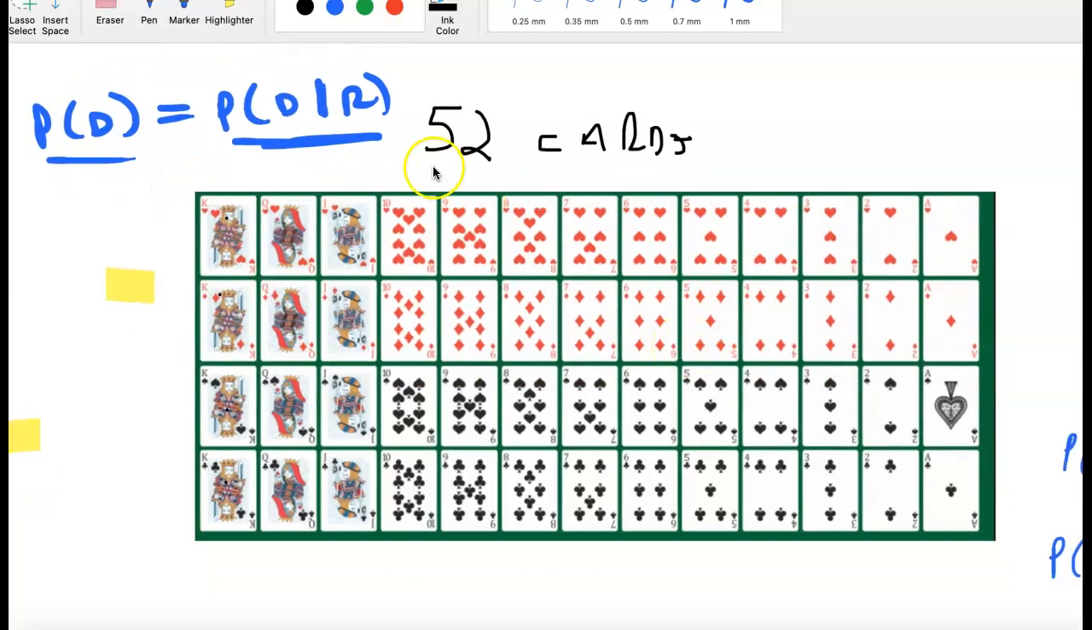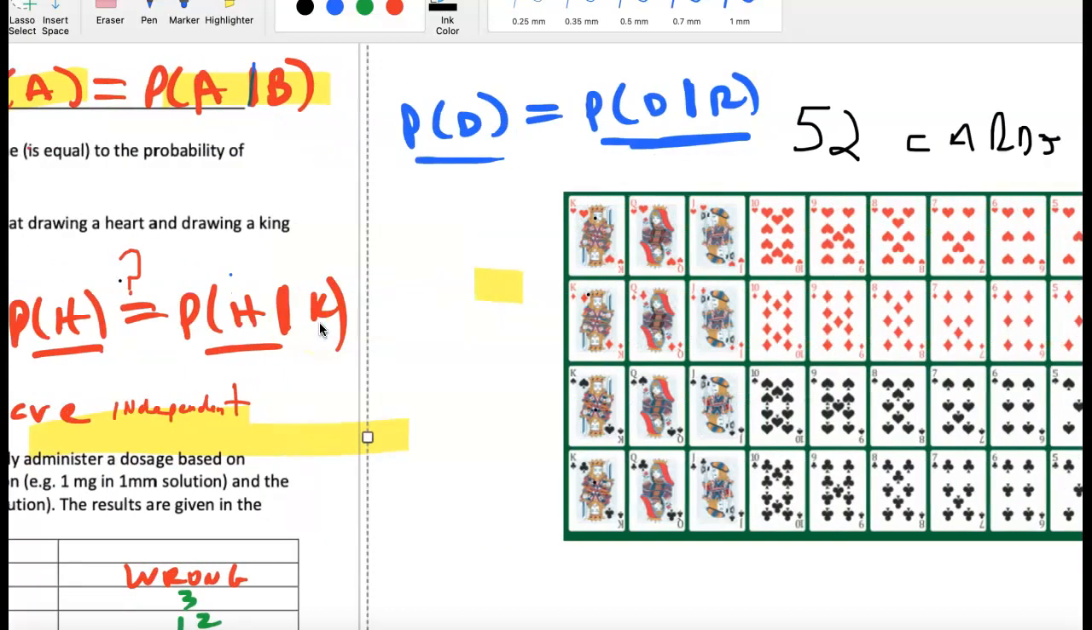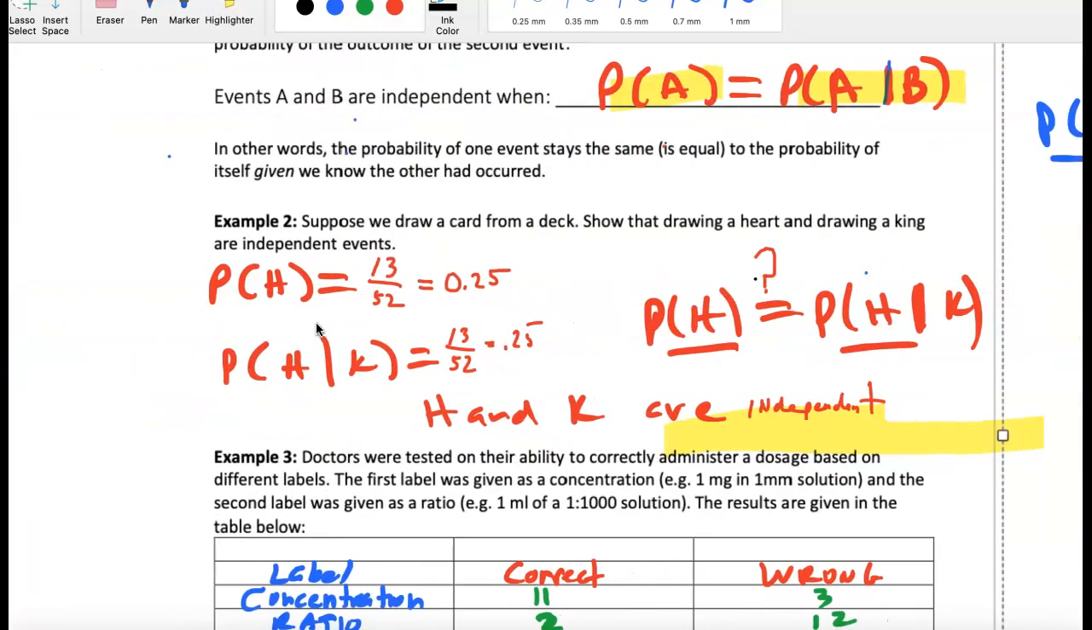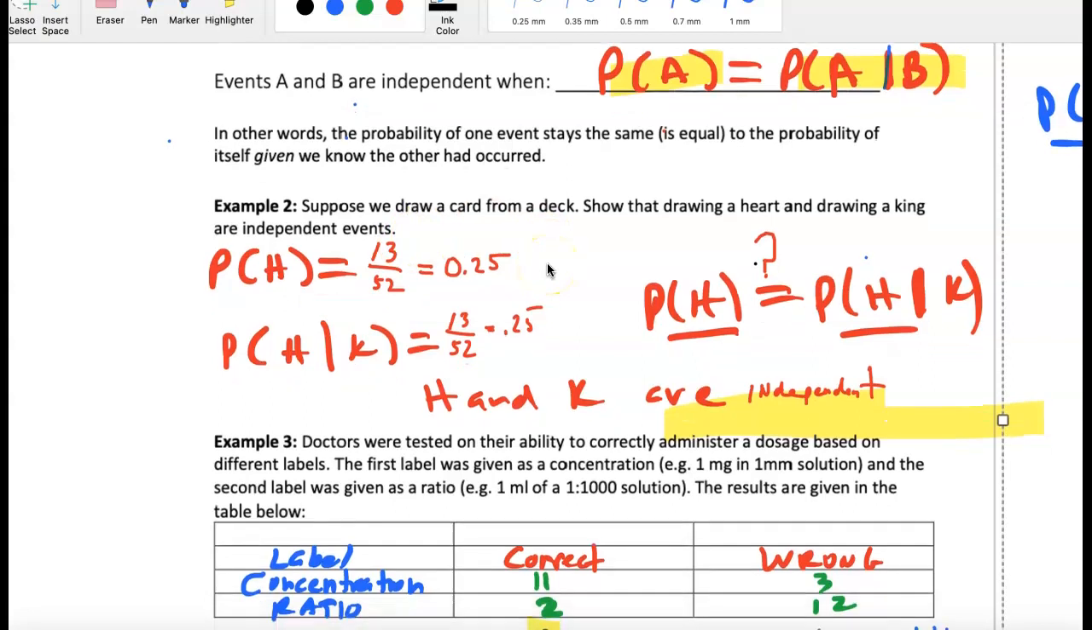There's a deck of cards. You can see we have hearts, diamonds, spades, and clubs. You'll see it goes from ace to king and so forth. So we can refer to that. Suppose we draw a card from a deck. We pick a card, right, showing that